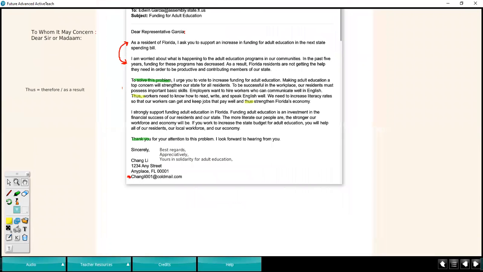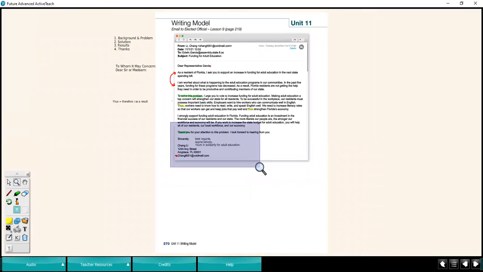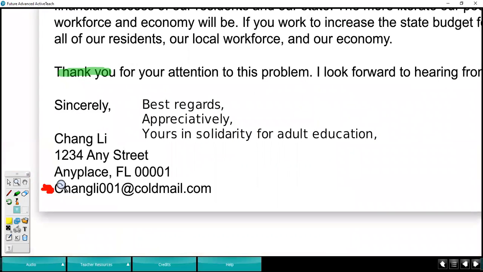At the end of the email, you want to make sure that when you are saying goodbye, you're doing that respectfully and formally. So instead of saying goodbye, you can say sincerely. And here we do use a comma. Best regards, comma, appreciatively, comma, or this one is very formal, but because this email is about supporting adult